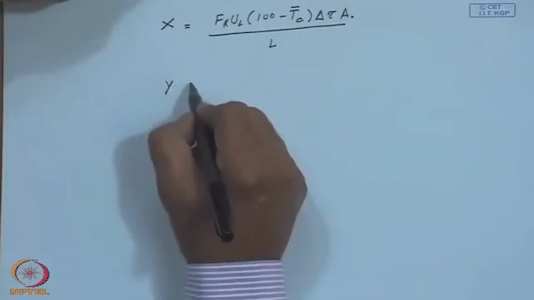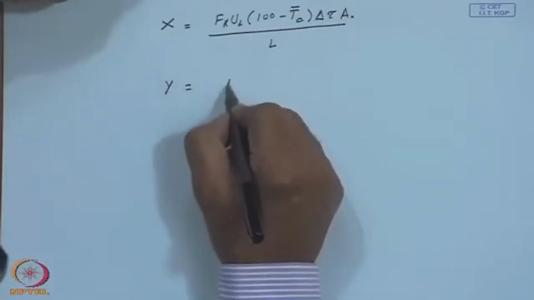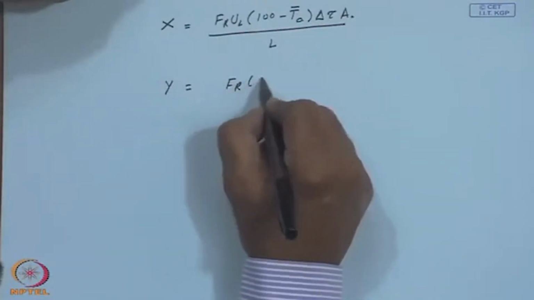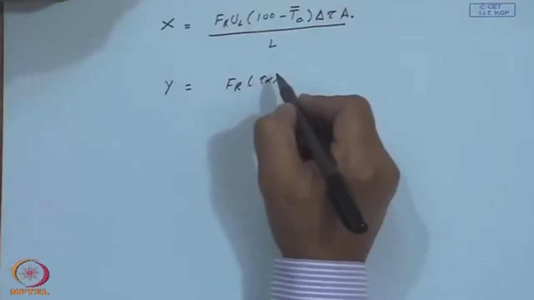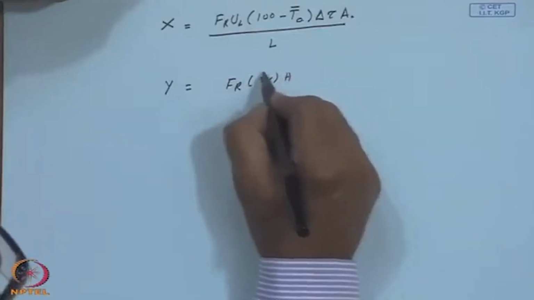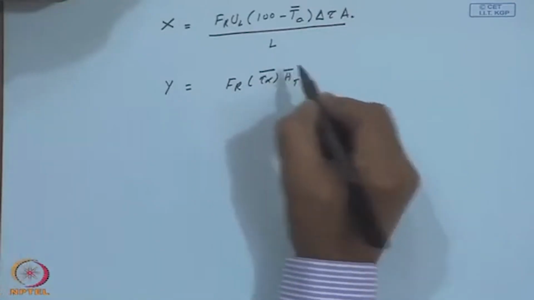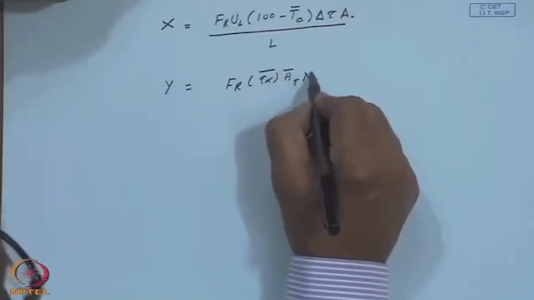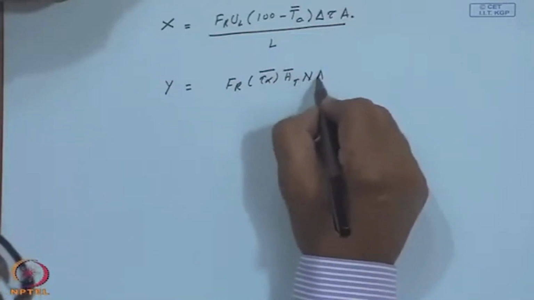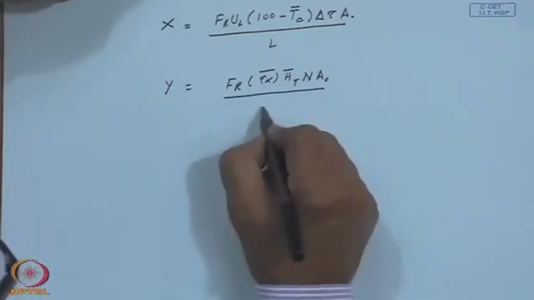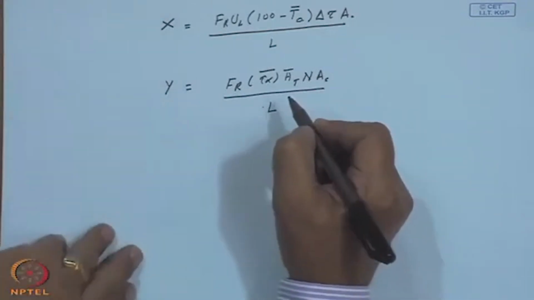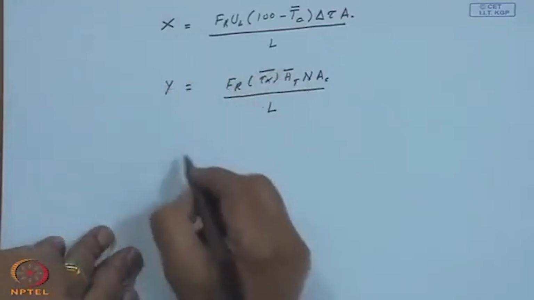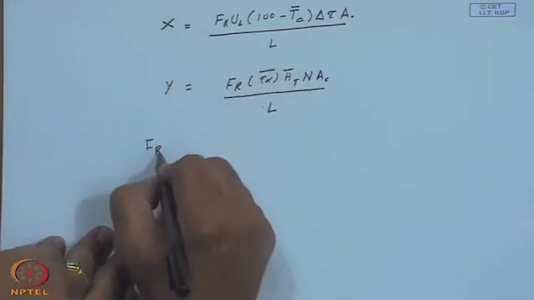Similarly, y, the non-dimensional absorbed energy, is FR multiplied by the monthly average transmittance-absorptance product, into the monthly average daily tilted radiation, multiplied by the number of days in the month and the area of the collector, divided by the load. Of course, FR is the heat removal factor,